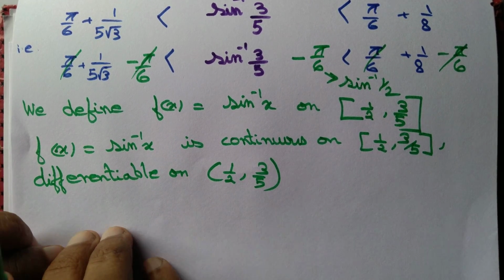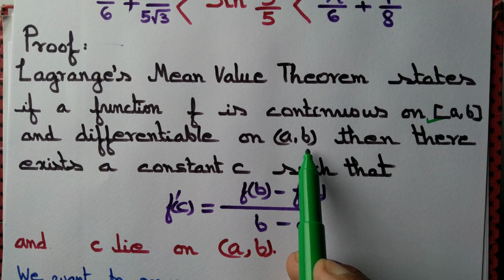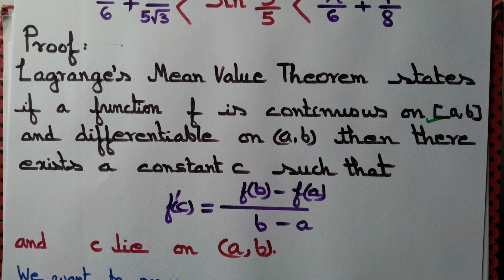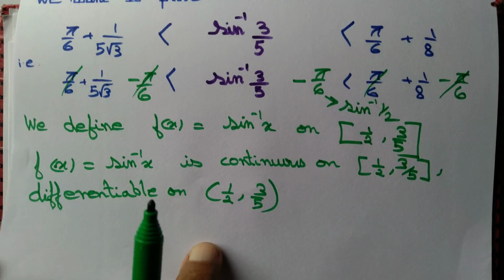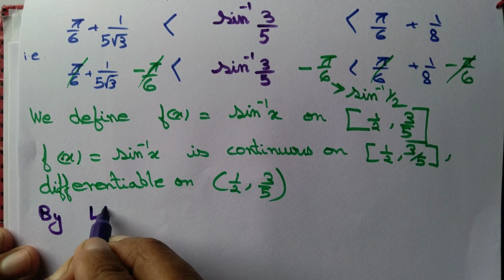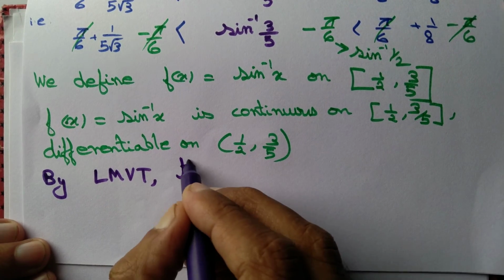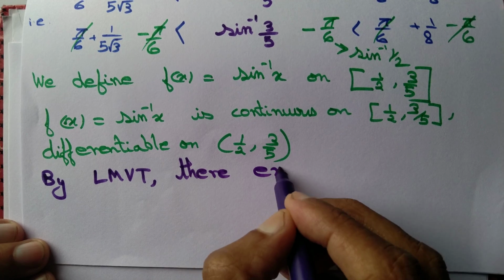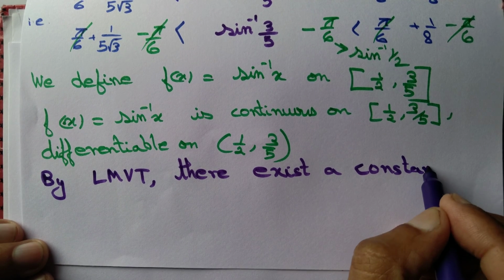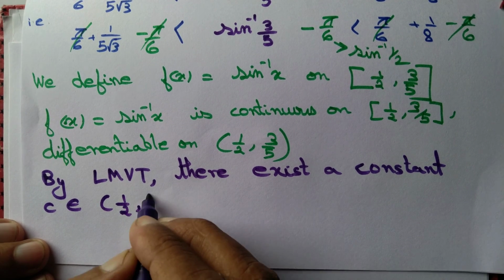So f is continuous on the closed interval, f is differentiable on the open interval. Then by Lagrange mean value theorem there exists a constant c such that f dash c equal to f b minus f a by b minus a. So by LMVT, in short, that stands for Lagrange mean value theorem, there exists a constant, that's a real number, c in the open interval half comma 3 by 5